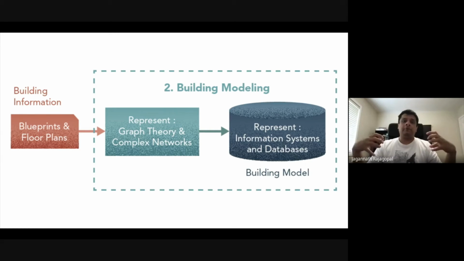Now, option 4 takes you in a different direction. Here you use a solver, a search or planning algorithm, to model exit paths or pedestrian paths. You can model route density.